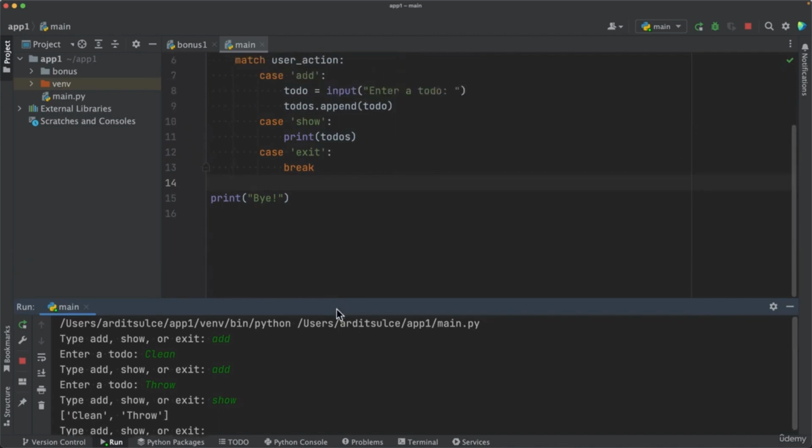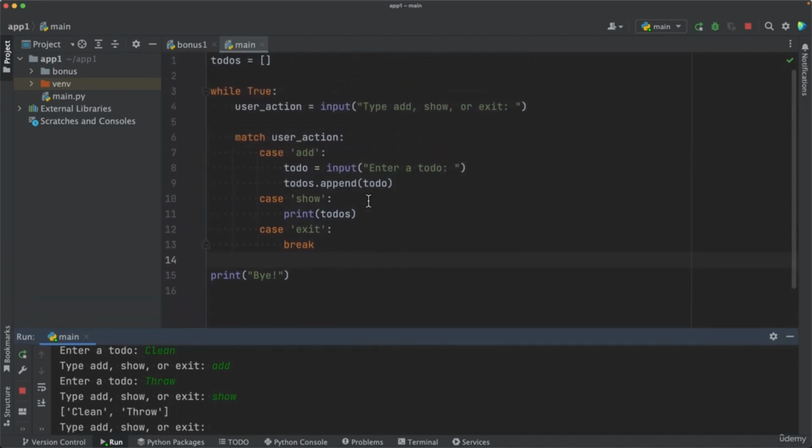Well, to do that, we need to print out each of the to-dos using a print function. So basically what we want to do is we want to go to the show case, and instead of printing out the list, we delete that and we say for item in to-dos,